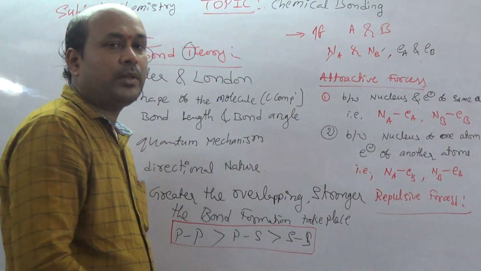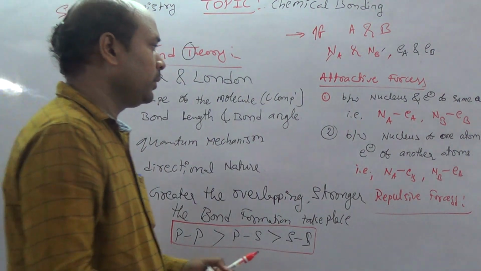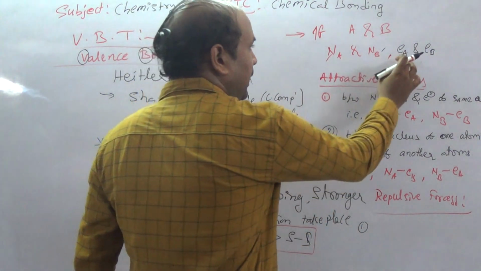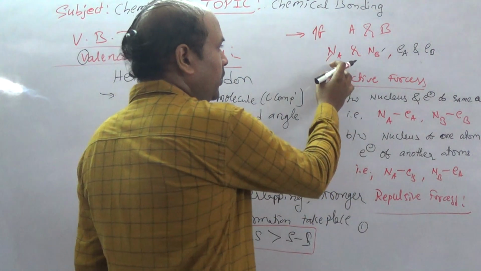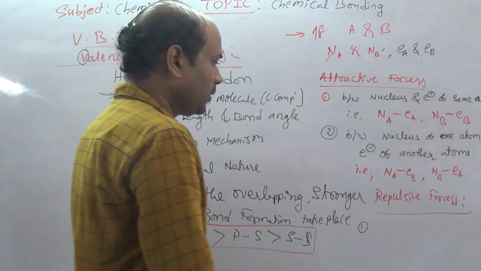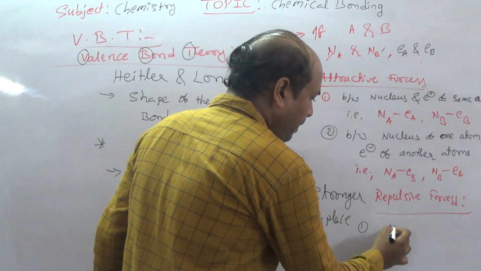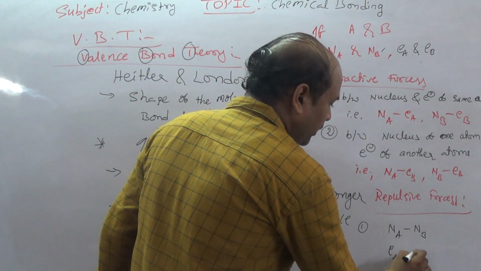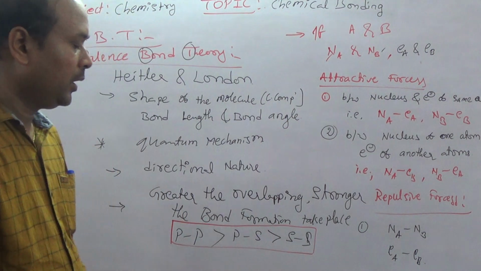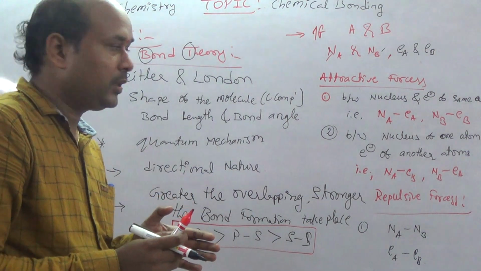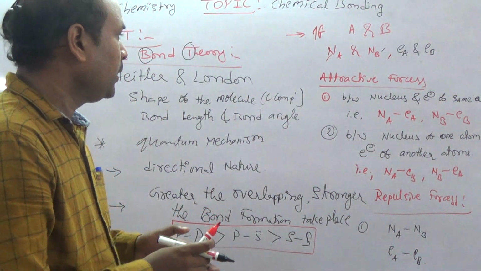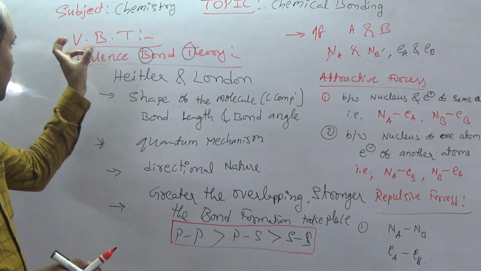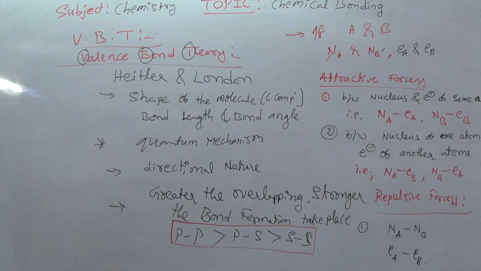Repulsive forces. So repulsive forces exist between whom? Between an electron and another electron, and a nucleus and another nucleus. So that is the condition, directly writing: Na and Nb repulsive forces, Ea and Eb repulsive forces. So attractive forces form compounds. Okay, so now these are somewhat important postulates about VBT. And the next one is